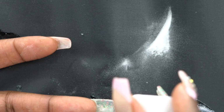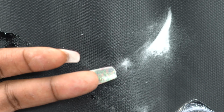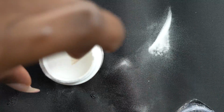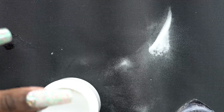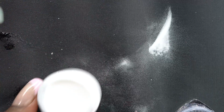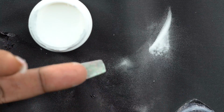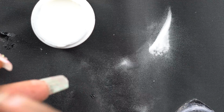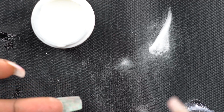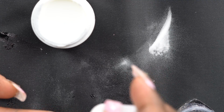So to help that to not happen, I just brush a bit of glue on the underside of my nail, dip it in the powder, and rewind, repeat. So I tap that powder off, brush the glue on again, and then I dip it again. Next time, I may do a coat of